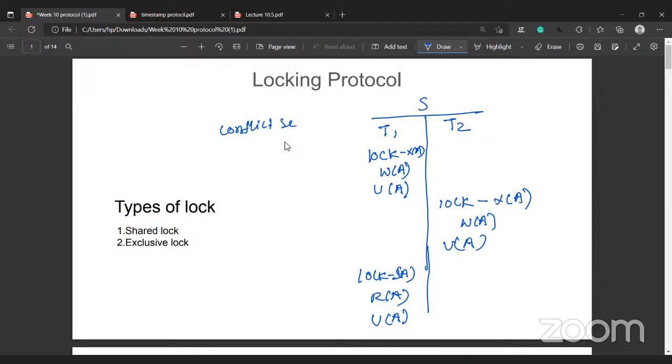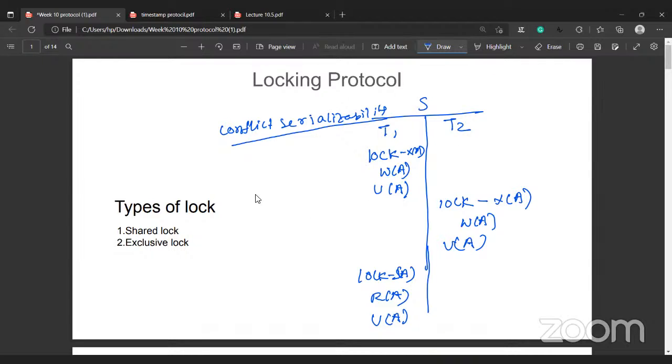Anyone? How do we find whether this is conflict serializable or not? For conflict serializability, you can exchange read and write operations. Now, is this schedule conflict serializable or not? Sir, how will you exchange lock A, unlock A, these operations? No, see, this is